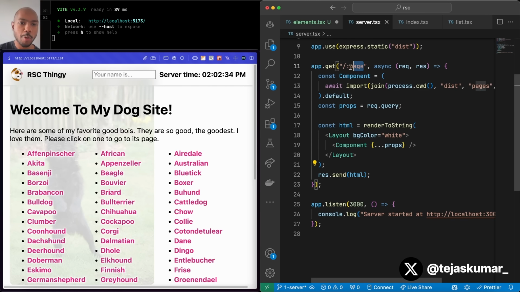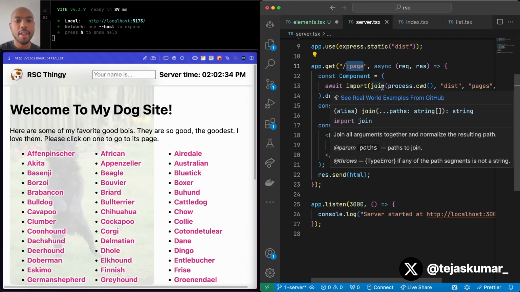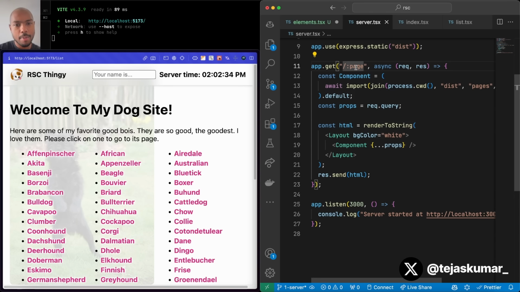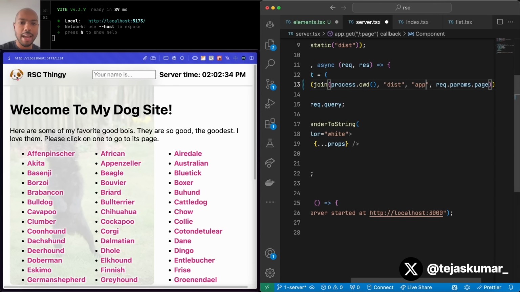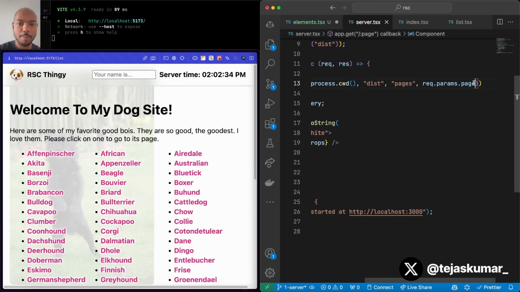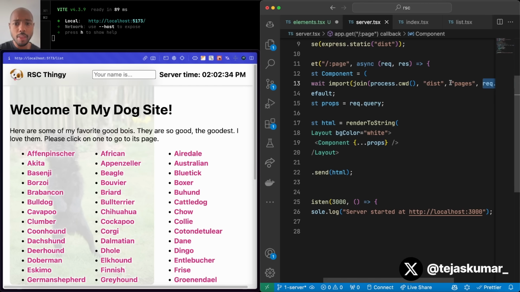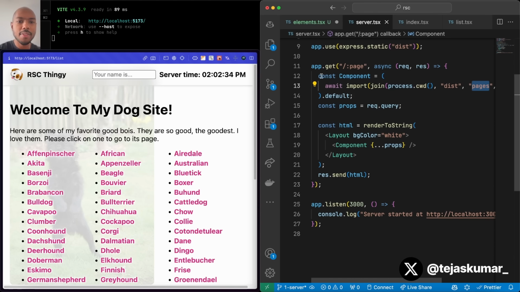We have a route parameter page, and this could be anything. This could be list, this could be detail, this could be literally anything. It's a variable, it's a parameter. We take the value of that parameter and use it in a dynamic import of a component in the pages or app directory. So req.params.page represents the file name. We dynamically import that file from the file system's pages or app directory, and this becomes our component. The default export becomes our component.